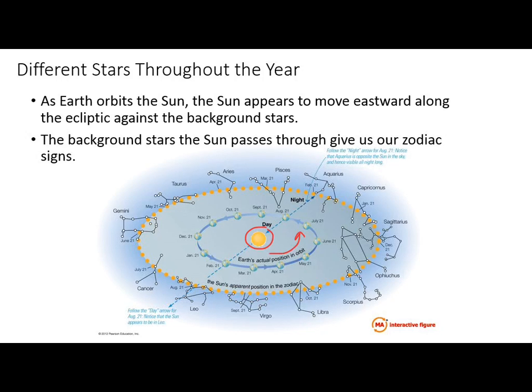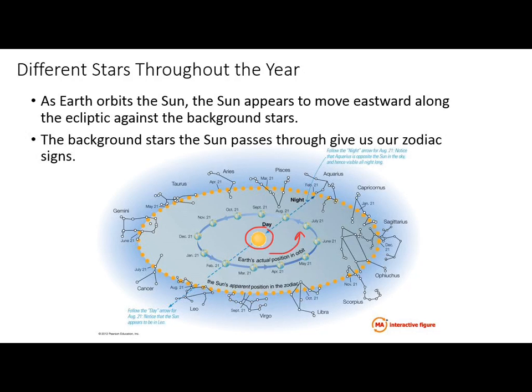Makes sense? Okay, so I'm going to make this my boundary between daytime and nighttime. Does this make sense? We see these stars over here this time of the year. I'm going to go 6 months later, and now which stars do we see? Those stars. I can go 3 months. What stars do we see? These stars. Why? Well, those stars are out, but in the daytime we can't see the stars because the